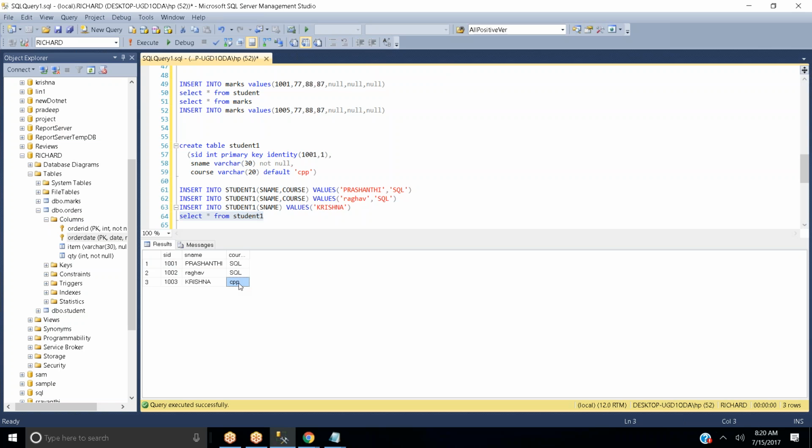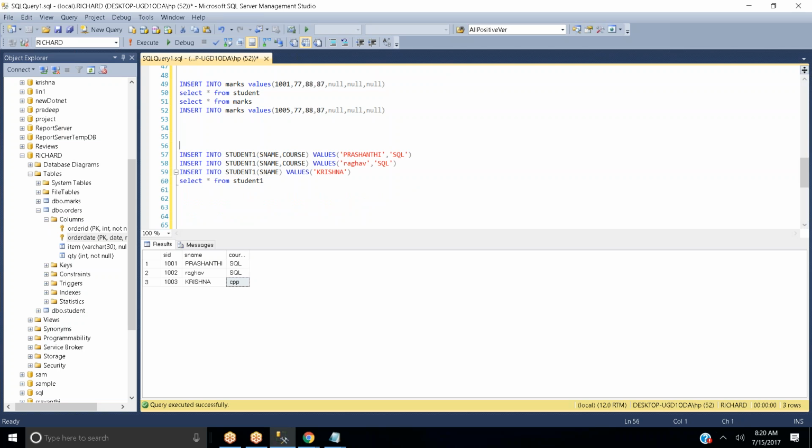Now, after some period of time, I forget how I created my table. After 2 days or 5 days, I just want to see what the base value is. What is the base value? What is the starting value, and what is the increment value of my Student1? You cannot remember, right? Correct.